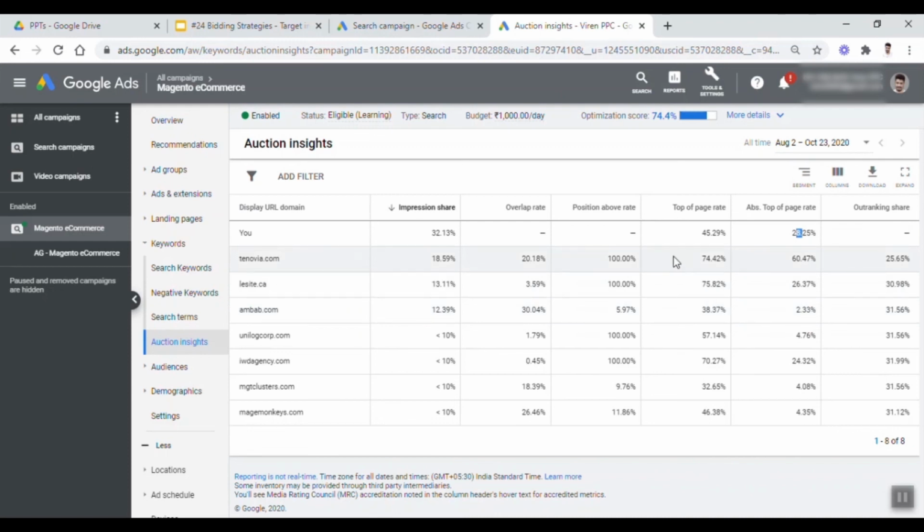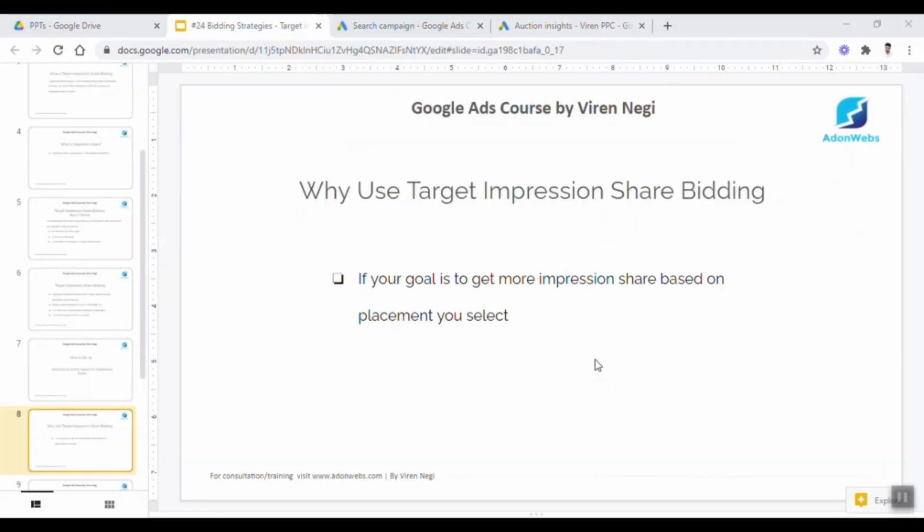Let's say you have selected a 70% impression share for the top of the page rate, and you're getting 45% impression share, then you might need to increase your budget. Because this one is getting absolute 75% of impression share, you can increase your budget to get these kinds of impressions. And for these two, absolute top and top of the page rate, you can increase your bid as well. So why do you need to use impression share bidding? Simple, if you want to get more impressions from your campaign, you can use this bidding. And if you want to be on top of the position all the time, you can bid high and put more budget, so you will be on top for the particular keyword.